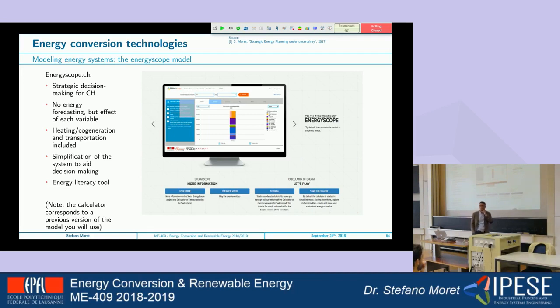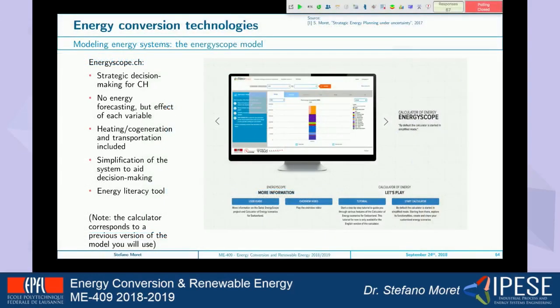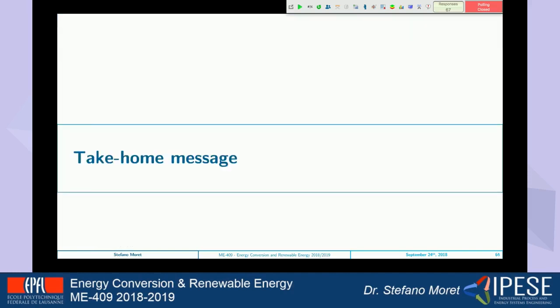In the course, you have a model which is similar to this one. Actually, it's not exactly the same version. The one now implemented online is an older version that we have made. But just to tell you, this is the approach you have. So take a look at the website, you find some information, and you also find some answers to interesting questions that you might have on the energy system.